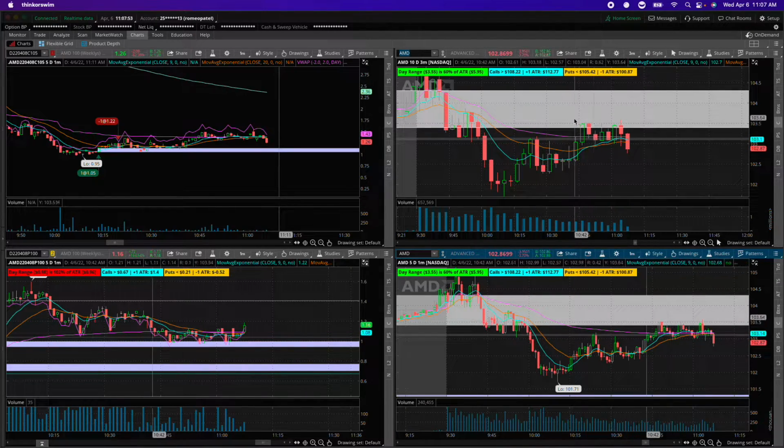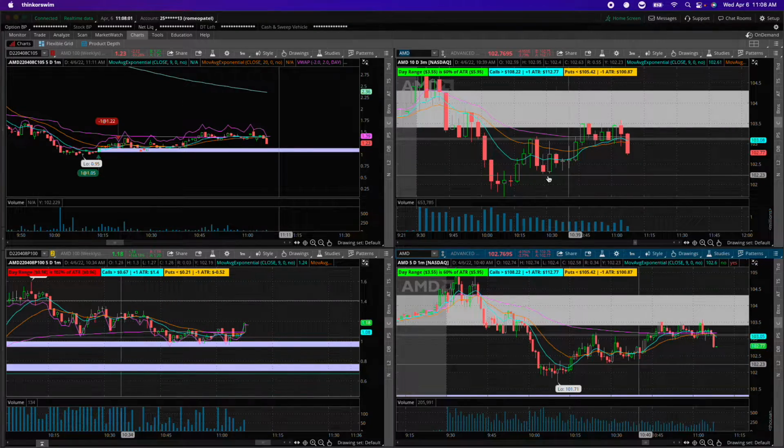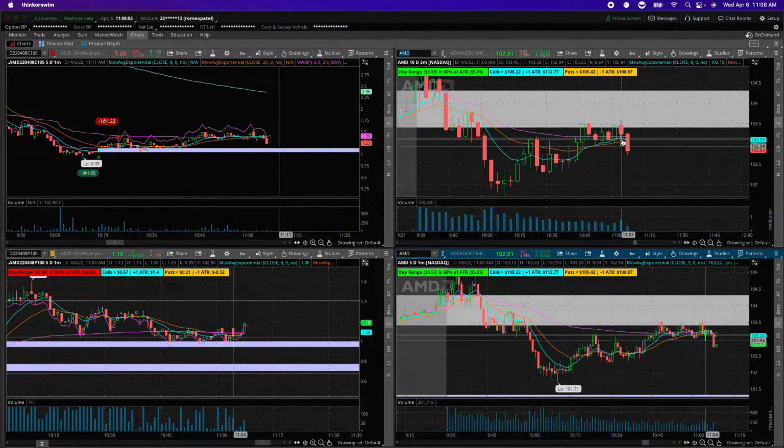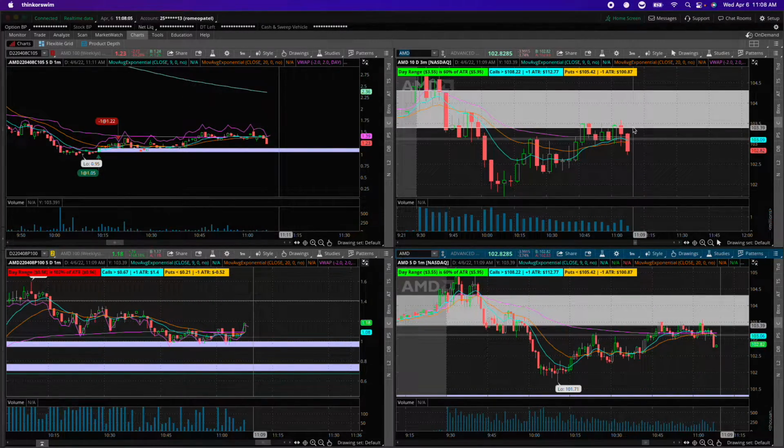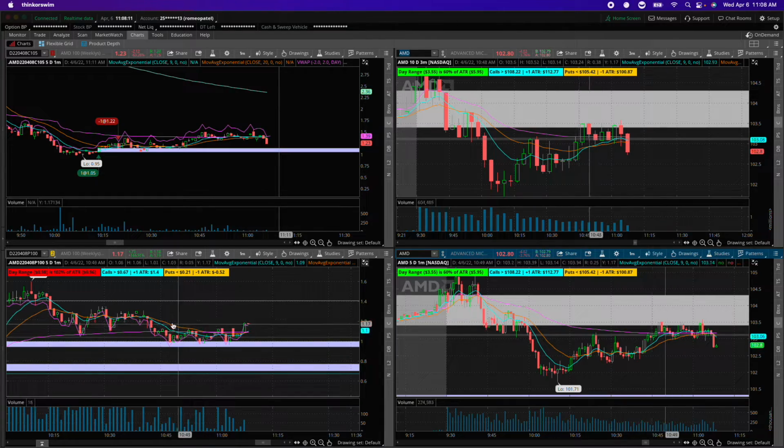So you've seen that we've hit it 1, 2, 3, 4, 5 times on the 3 minute chart, and we haven't been able to break that, right? So an opportunity can occur if we can't break out of this, then you just get into puts, right? So what I have up here is $100 puts on the lower left hand corner,